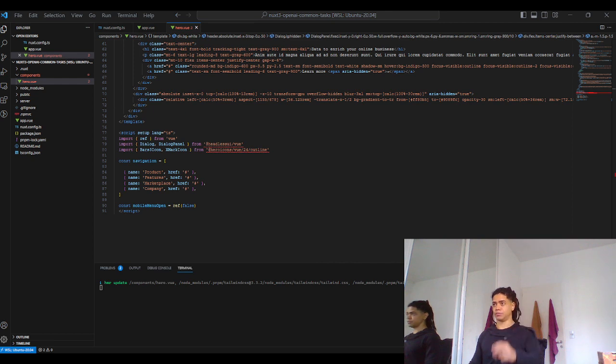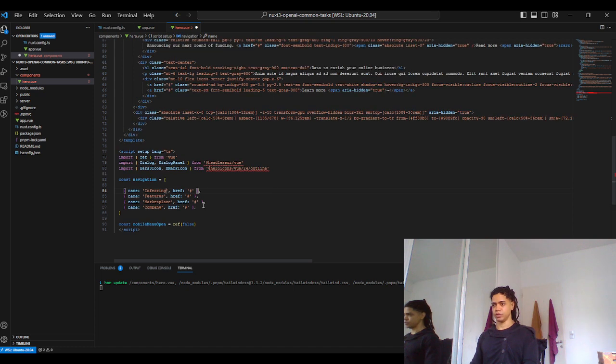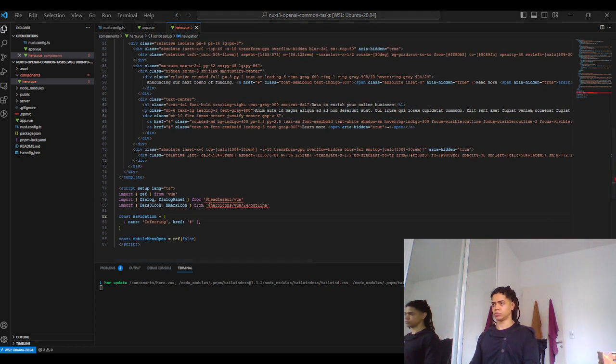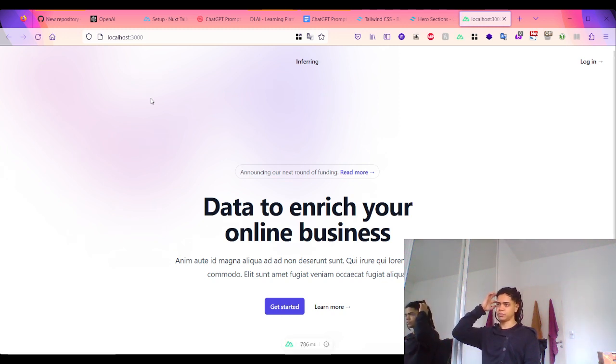In this case it is the product feature marketplace and companies, but in our case it will be inferring, for the sake of the example here. Like this. Why doesn't it load that properly? Now if I go back here, inferring, okay, which is this, and in our hero here,